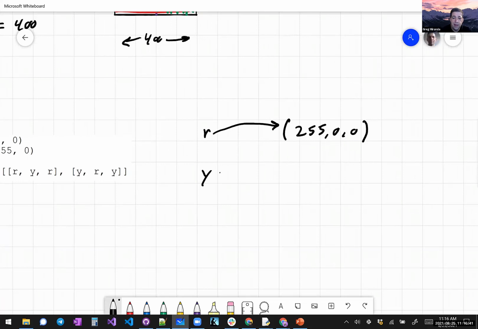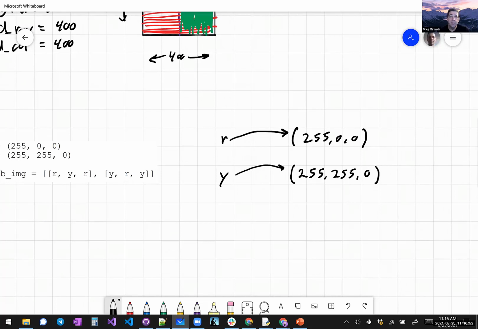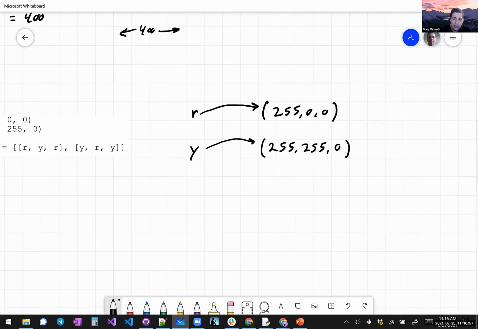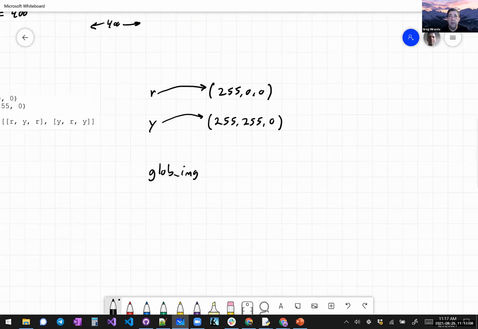And then Y is a reference to a tuple in memory, 255, 255, 0, right? That's what's in there. So we have these 2 tuples in memory. And then we create global image, so a global image. And if we represent what global image is, let me give myself a little more room here. Global image is a reference